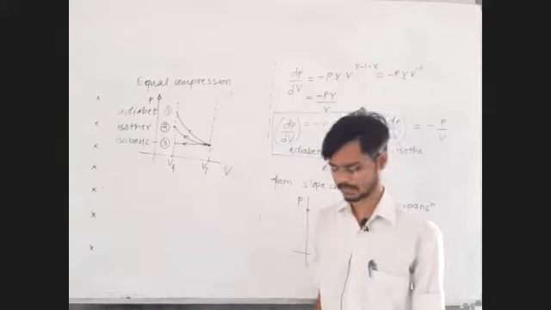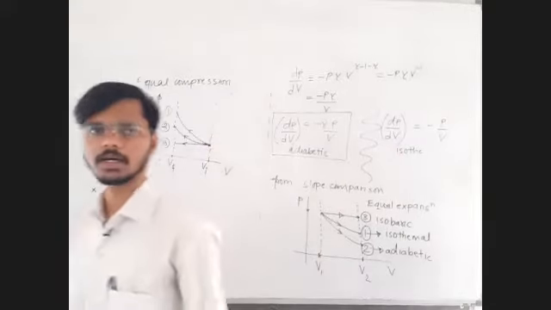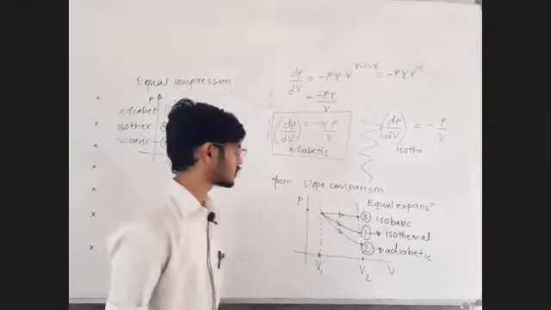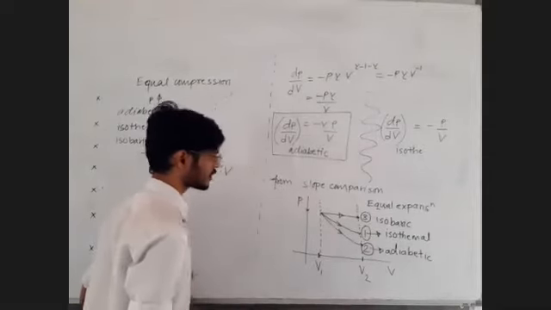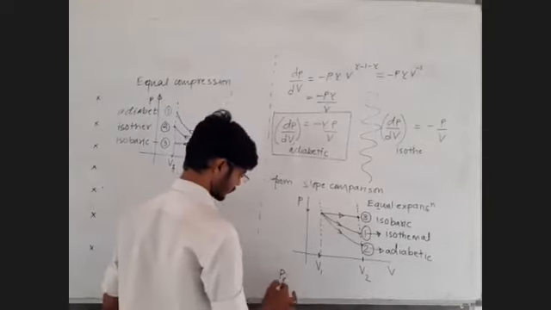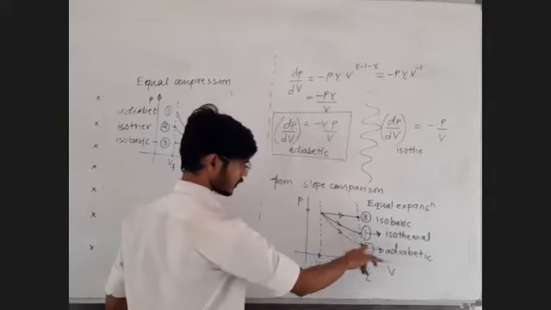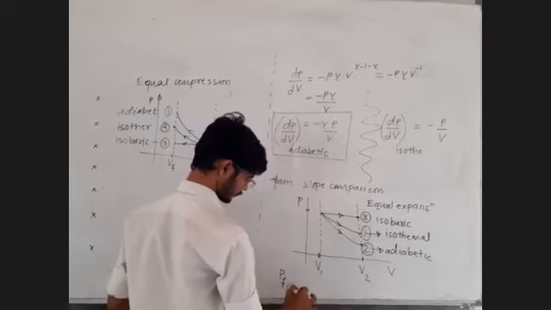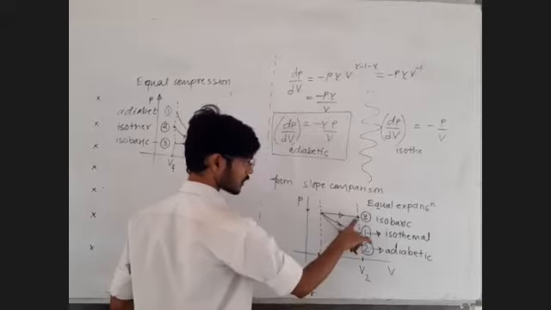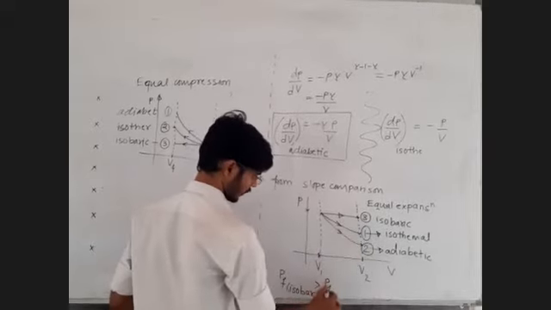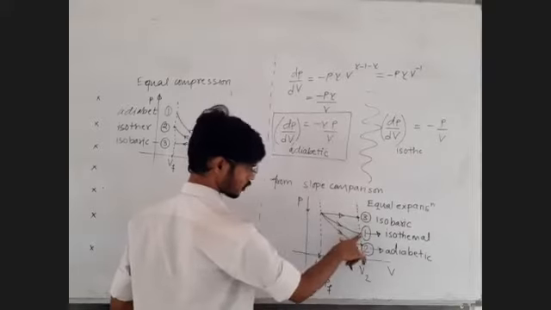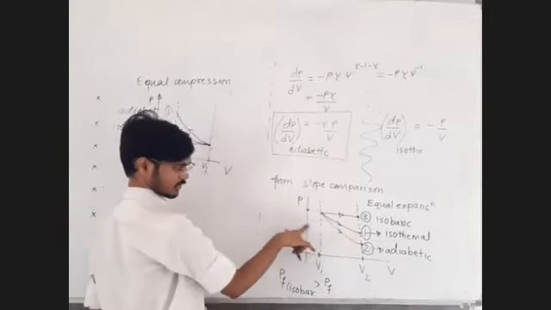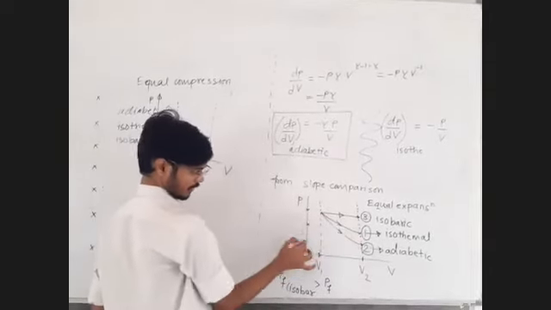First you have to identify the curve. Now you can identify the relation between the pressures also. For equal expansion curves, the relation between the pressures will be something like this. Final pressure of isobaric is the highest, then final pressure of isothermal, it is this. Final pressure of isobaric equals initial. Final pressure of isothermal, it is this. And final pressure of adiabatic, it is this.